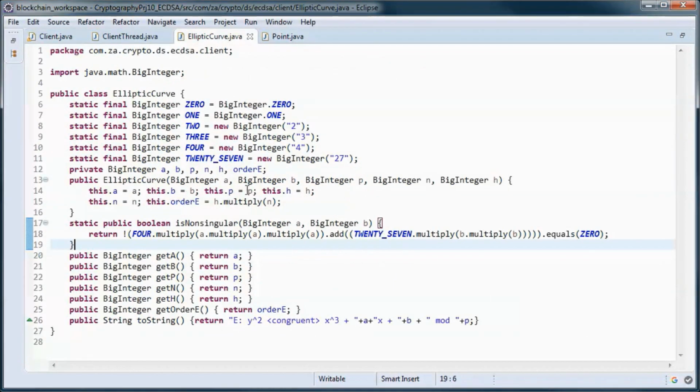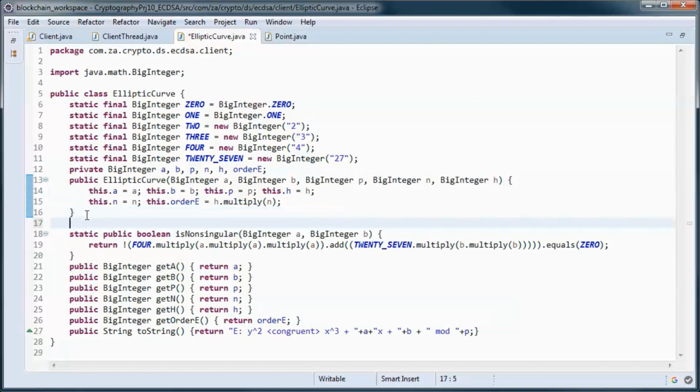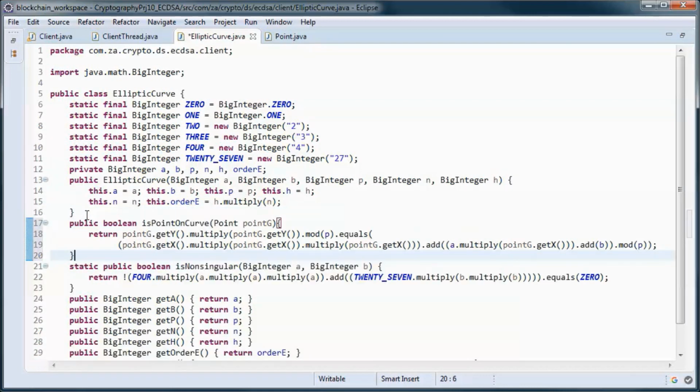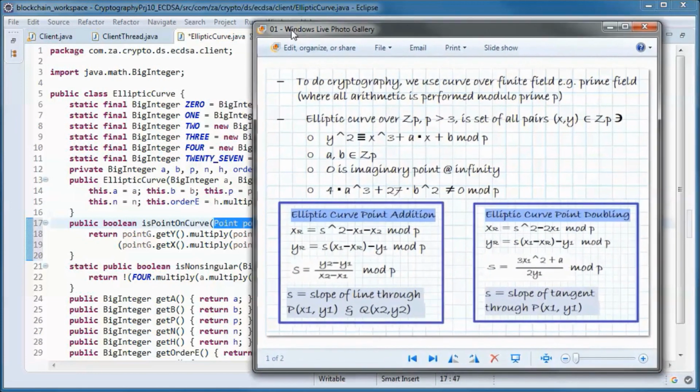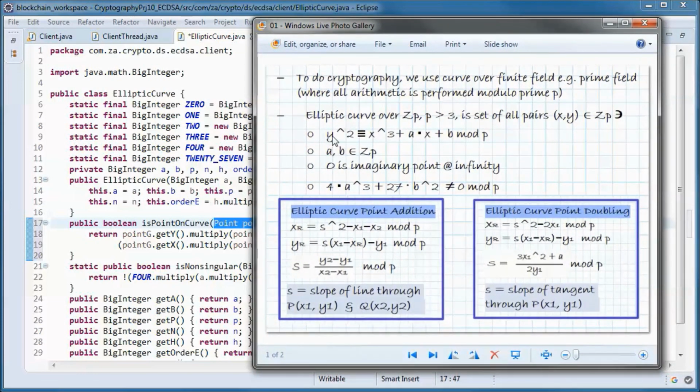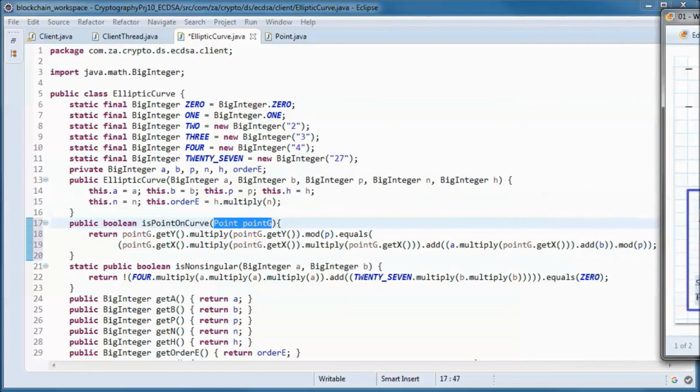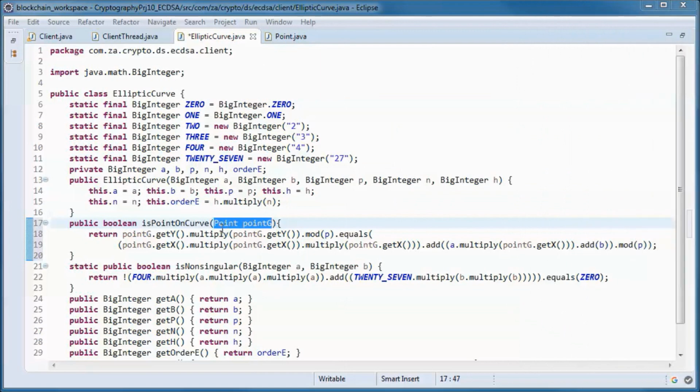And this method checks to see if this point is on the curve, and we do that by making sure that y squared is congruent to x cubed plus ax plus b in mod p for the y coordinate and the x coordinate of this point.